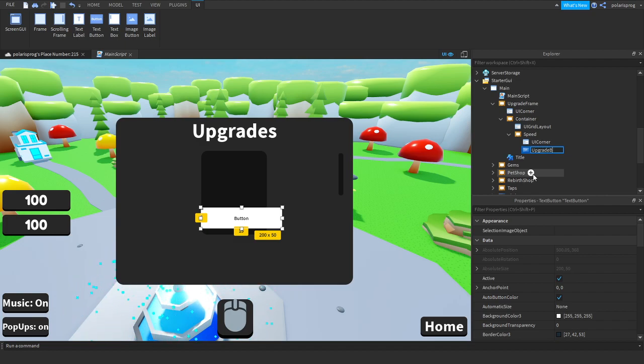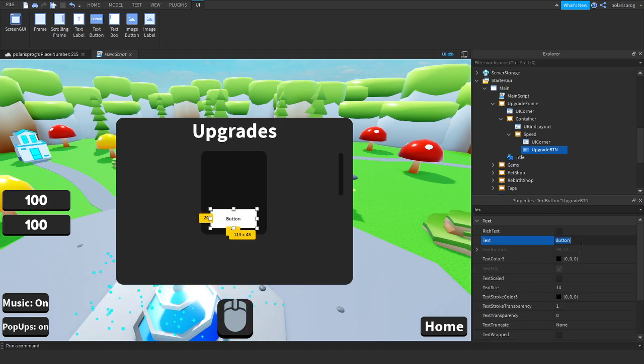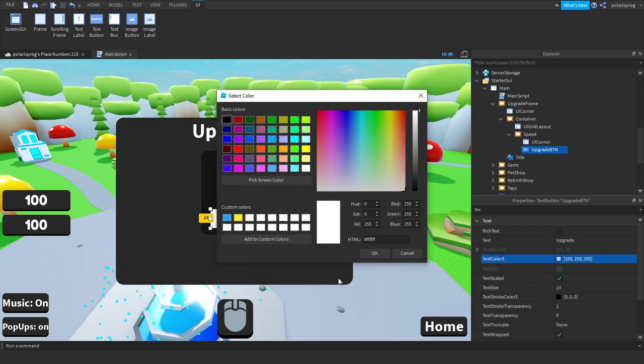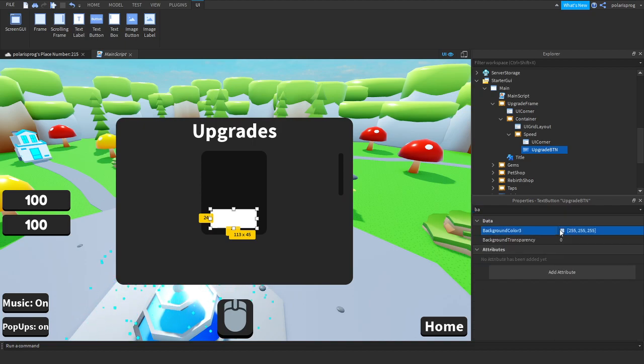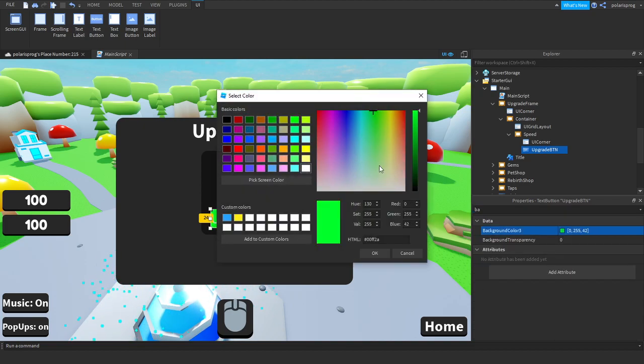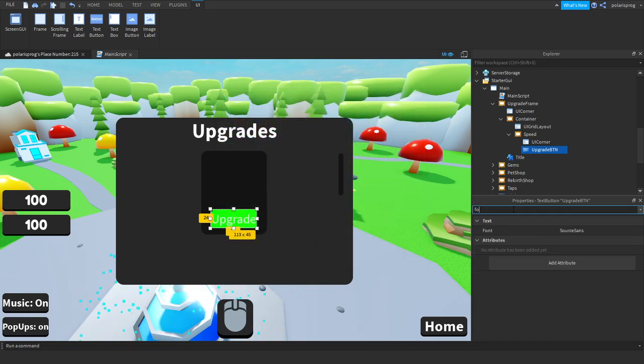I'm gonna add a text button, which will be the upgrade button, so rename it to upgrade btn, and we'll scale it down however you want. I'm going to keep it like this, put it right here, and set the text to upgrade, text scaled true, text color white, background color to a nice green, which will be this green for me,